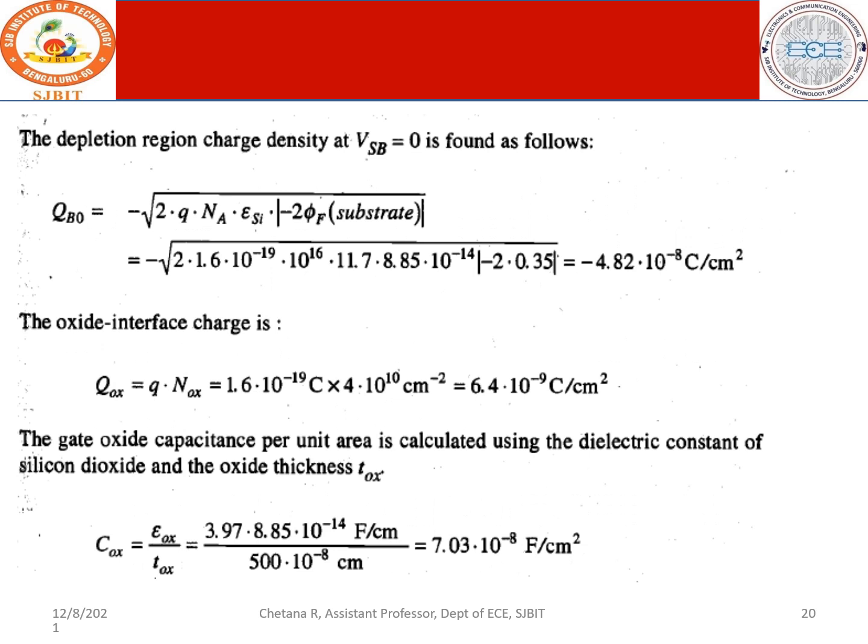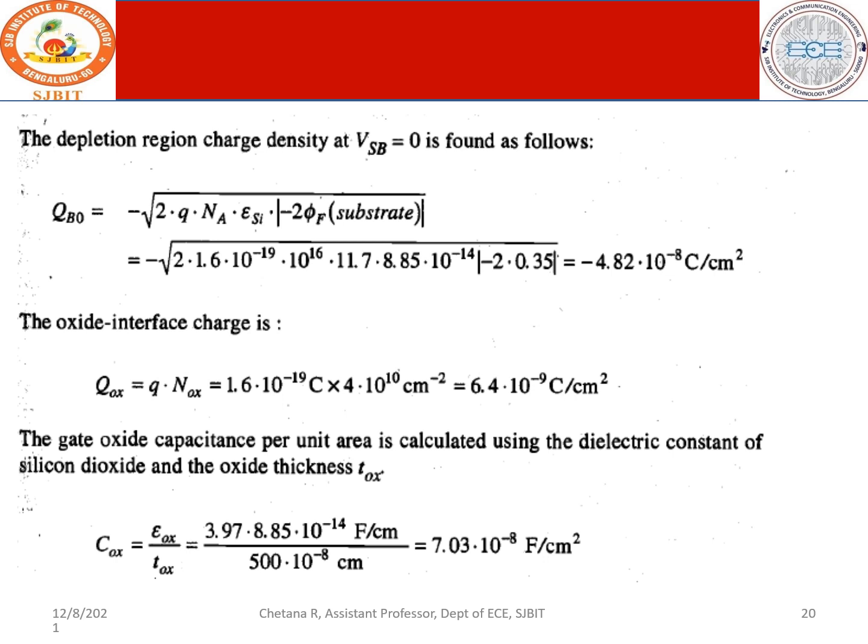Similarly, we have to find out the depletion charge, the charge at the depletion region. This is given by the formula minus square root of 2q Na epsilon Si times minus 2 phi f. So 2, and the charge of the electron is 1.6 into 10 power minus 19. Na is 10 power 16 as given in the problem. Epsilon Si is